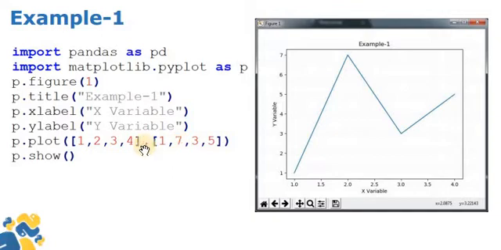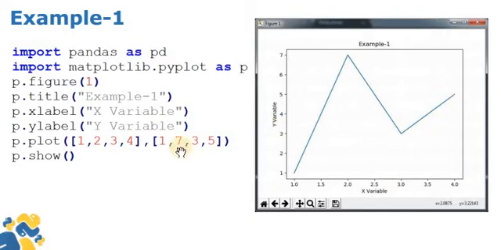If the value of x is 1, at that time the value of y is 1. The value of the x axis is 2, at that time the value of the y axis is 7.